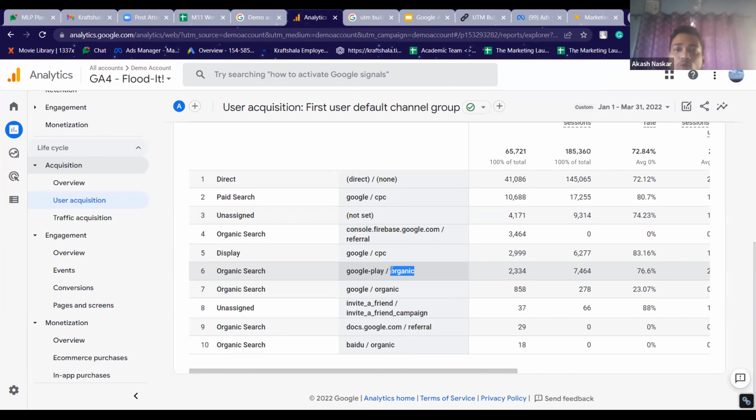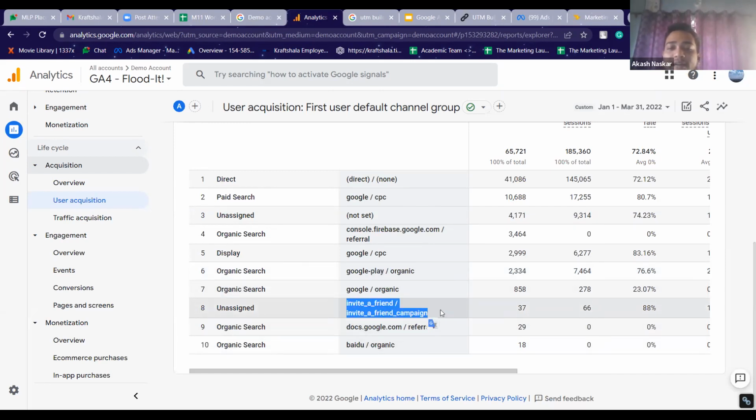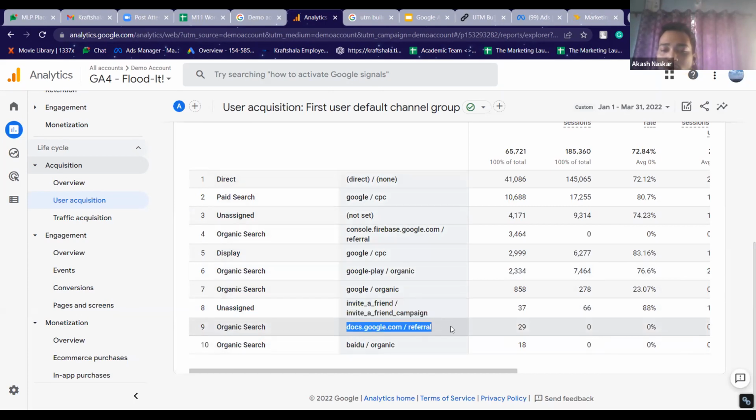Does that make sense? From the Google App Store, if you search for a game, you will obviously not directly go to the website, but there's also an event that they have set up. So this is also how it can happen. And another, we have invite a friend. This might be some campaign that they're running, like a referral program. The docs.google.com referral is also one way to do it. Obviously the way that Google has currently set up might not make a lot of sense, because Google is not running a lot of particular ads on different platforms for tracking its campaigns. But once you see a real website's data, it will make a lot more sense.